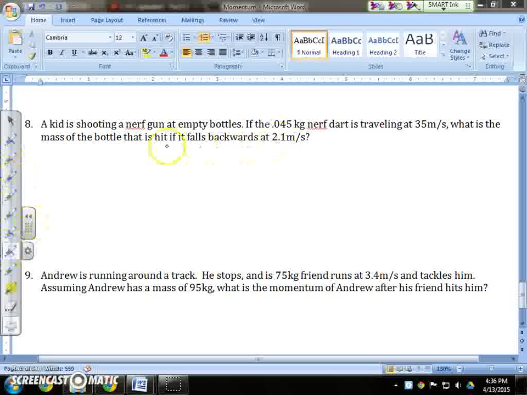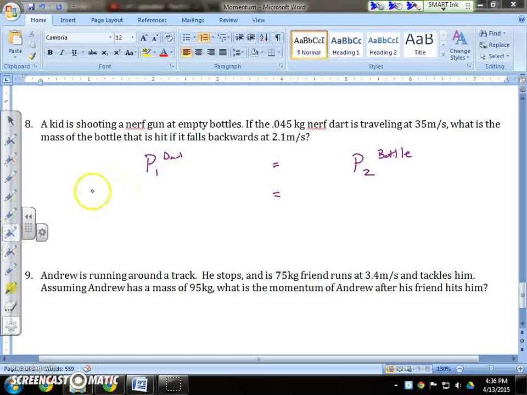Well, let's start us off with P1, and let's try to do this correctly this time. P1 is going to be the first thing moving, so we're talking dart is going to be equal to P2, and this is bottle. And again, I would really hope that you fully understand what is going on in this situation. If I'm talking M1V1 equals